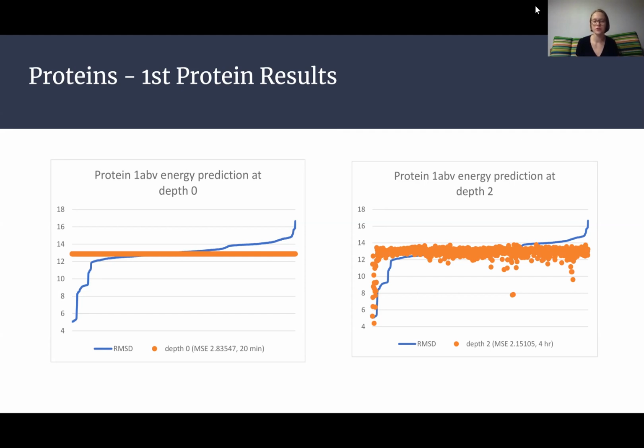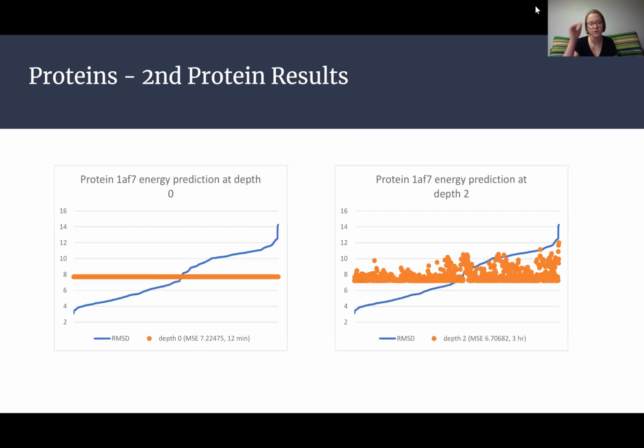This is on the first of 52 proteins, but I also ran experiments with the second of 52 proteins. This protein is called 1AF7. On the left, again, we have the depth 0 result, and you can see, again, it's just a flat line that doesn't really approximate the function very well. And on the right, we have the depth 2 result, which is not exactly a flat line, but still doesn't really approximate the function well. So these results were a little bit disappointing. We know that our algorithm can do better than this,